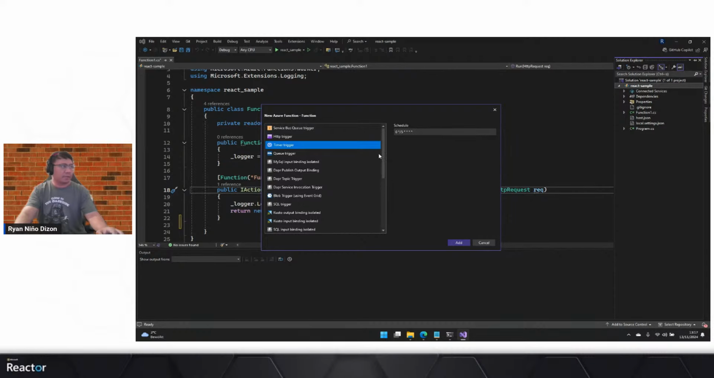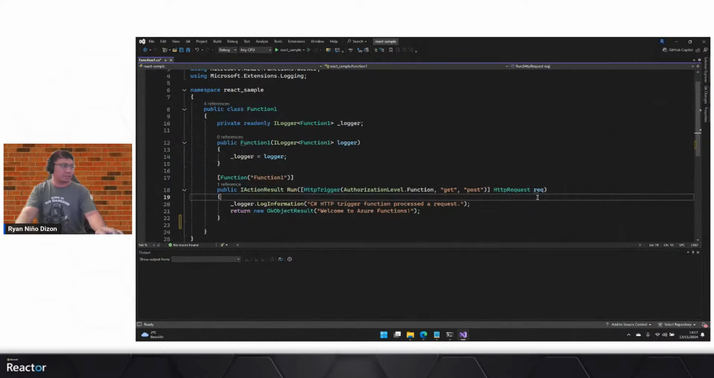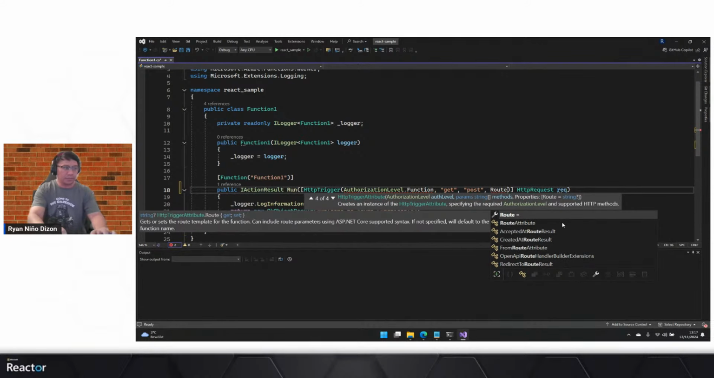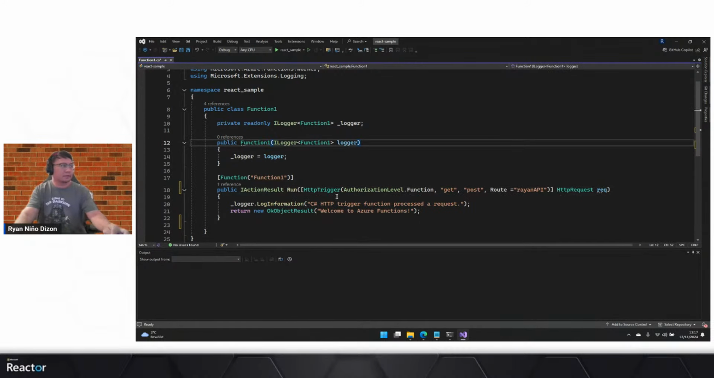So you have timer trigger. You can also work with input binding for SQL and some other hooks here or events. But for simplicity's sake, let's just have this example. So you can also add this route name here so that you have a fancy name for this API HTTP trigger call. So let's say Ryan API, and